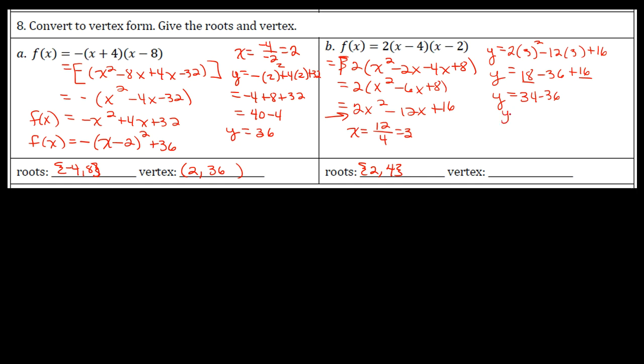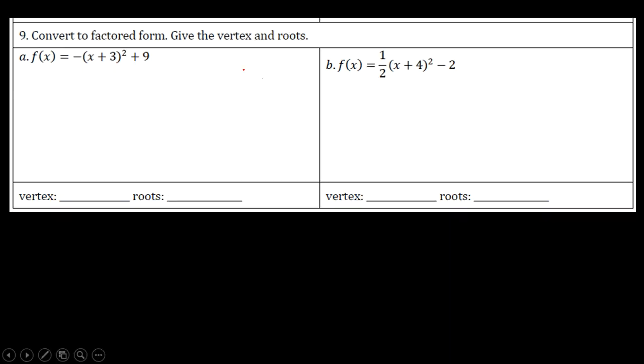So the y is negative 2. So my vertex is 3 comma negative 2. So we can put that all together in vertex form. My a value is 2. Then we have x minus 3, quantity squared, minus 2. So let's pause on this one and come